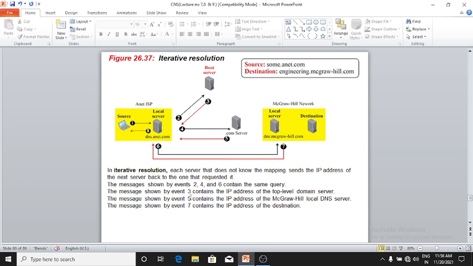The message shown by event 3 contains the IP address of the top level domain server. The message shown by event 5 contains the IP address of the MacroHill local DNS server. The message shown by event 7 contains the IP address of the destination. See the diagram. Observe the diagram. You will get the idea.